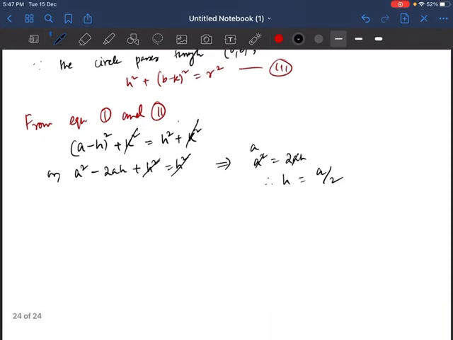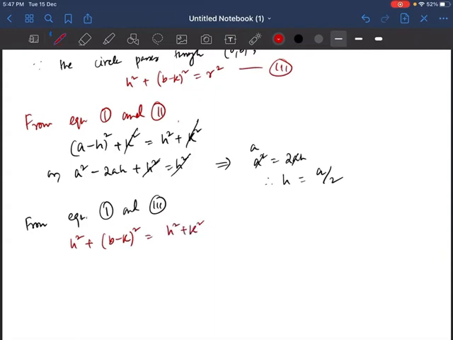In the same way we have to find the value of k. So from equation 1 and 3, we do the same thing. I will put the value of r square in here. So we have h square plus b minus k whole square is equal to h square plus k square. So h square goes out. If I expand this, b square minus 2bk plus k square is equal to k square. So k square goes out. So from here we can write b square is equal to 2bk. So b gets cancelled, and therefore k is equal to